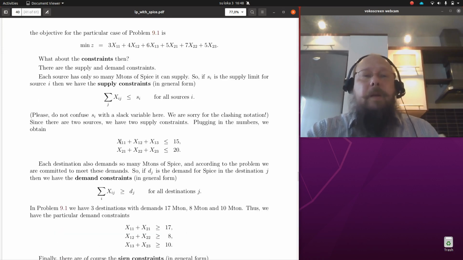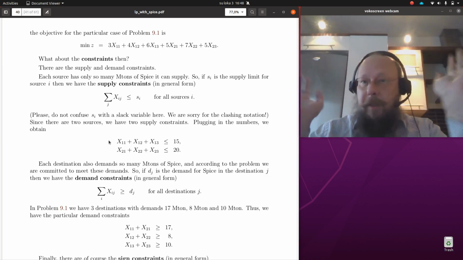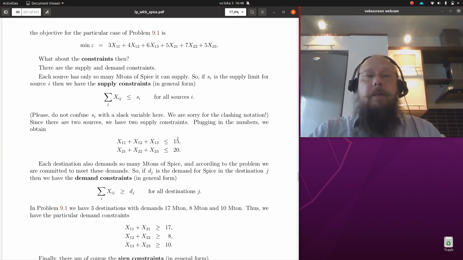So x11 is how much there is from source 1 going to port 1, x12 how much there is from source 1 to port or destination 2, and x13 is how much there is flowing from source 1 to destination 3, and there are no more destinations. So this sum tells us how much there is flowing from source 1 to wherever it flows, and this cannot exceed 15 because 15 is the supply there is. And let me really now check that this is correct, the indices. So always first the source, and then the destinations run through